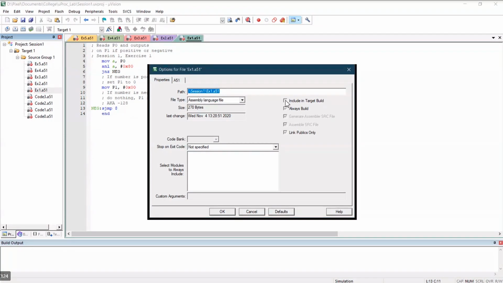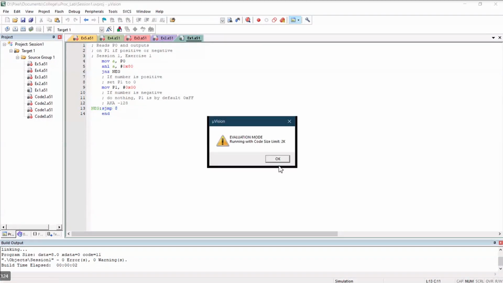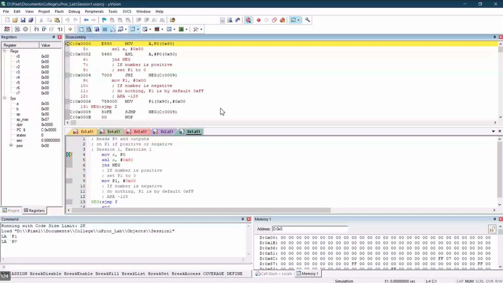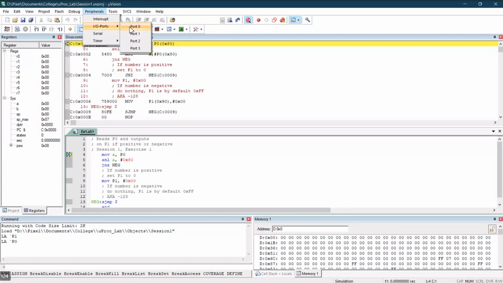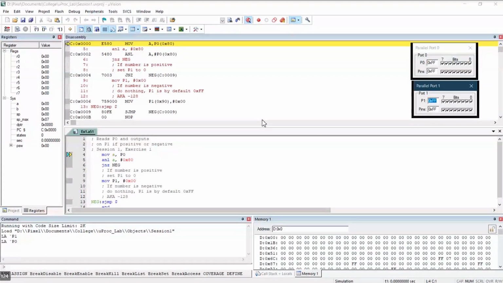Yes, sir. Close these other ones. Okay. So first we go on to our peripherals. Port 0 is required. Port 1 is required.